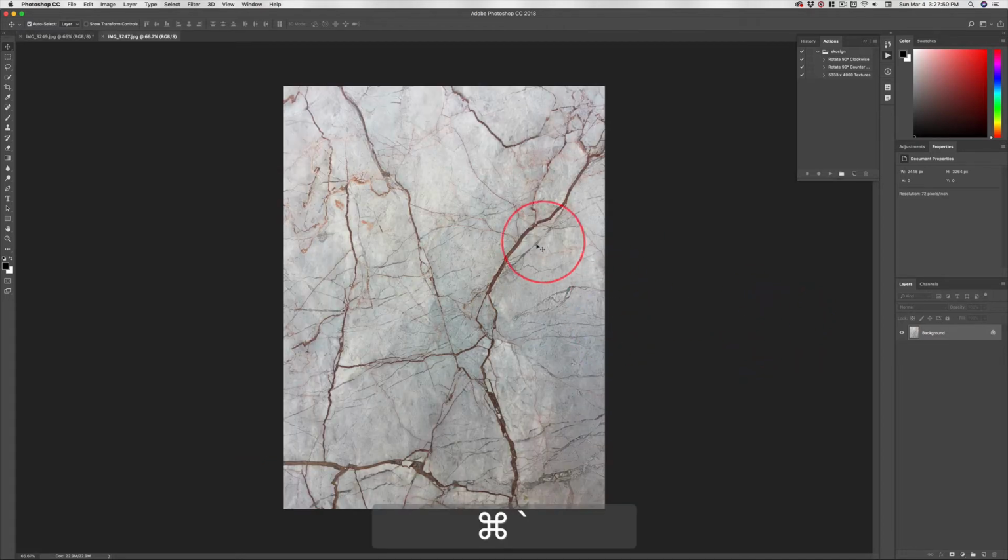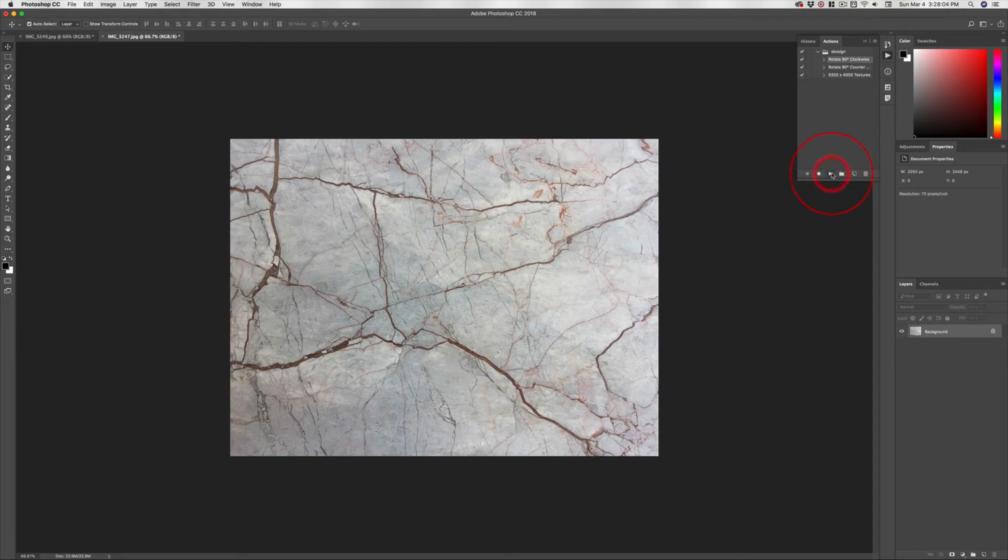But I will tell you, the texture is going to start with the landscape orientation. This is a portrait orientation. Think of it, there's a head, there's your senior picture. We want to be able to rotate these things easily and then be able to play an action that's going